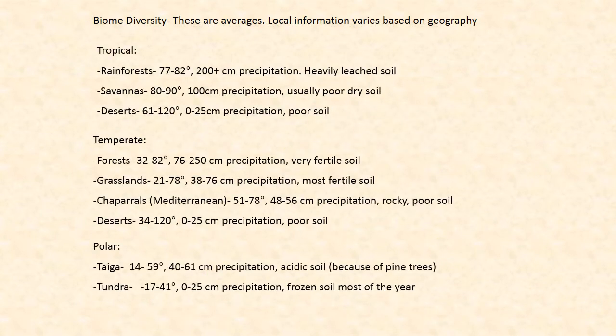From the poles to the equator, there is a lot of biome diversity. The areas closest to the equator, from 0 degrees latitude to about 30 degrees, is the tropical zone. The biomes at these latitudes are all generally warm and have little variation in temperature from season to season. There can be variation in precipitation though, and this leads to considerable differences in plant life between tropical biomes and in how temperature changes during the day.